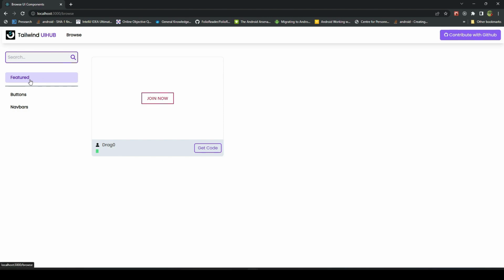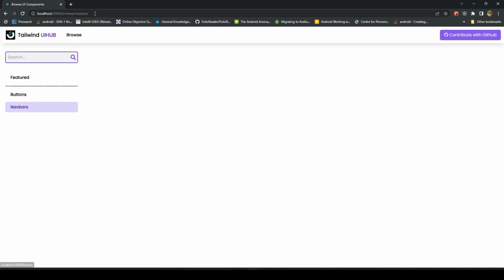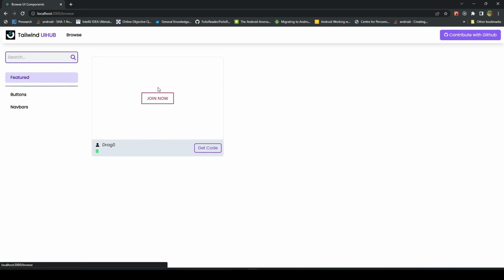Default goes to the featured. Then if you go to buttons, you can see here it changes to the buttons, and we see the buttons layout, and if we go to the nav bar, it changes to nav bar. We don't have any nav bar right now. Okay, so these three things we have. So that is how it's going. Then